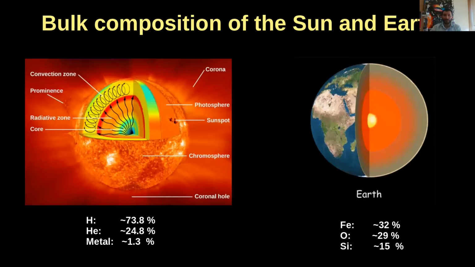But what do we observe? And what is the composition of stars and planets? I will say a few words about the structure of stars and what we mean by the composition of a star. Usually, the structure of stars depends on the mass of the star and on its evolutionary stage, but I will say a few words about the typical interior structure of sun-like stars